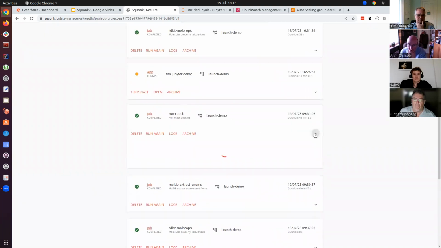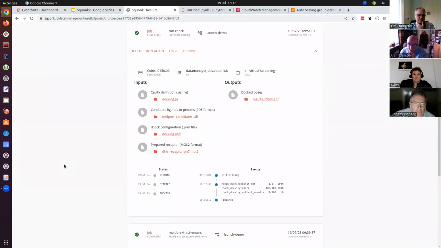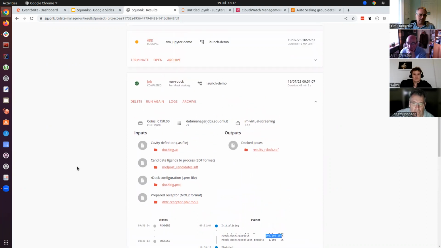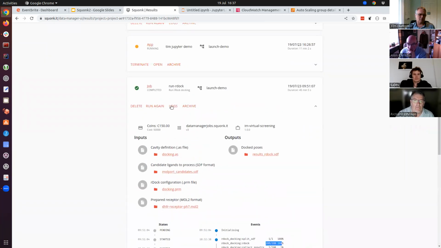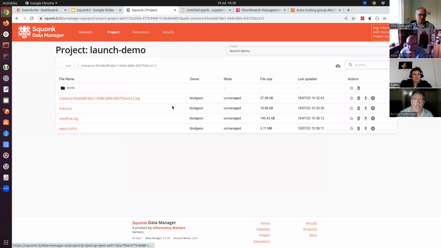So here's the previous job that I ran earlier this morning. You'll see it's gone through and split the process up into basically 100 chunks and docked each of those independently, and then collected the results together. So you get a quite detailed report of what's going on. And if you want more reports, you can look at the log files. So here are a number of logs that are created,